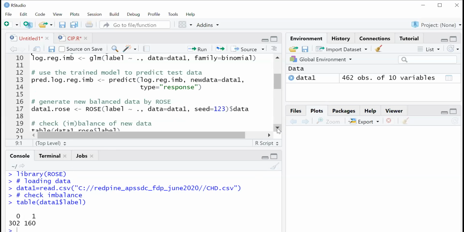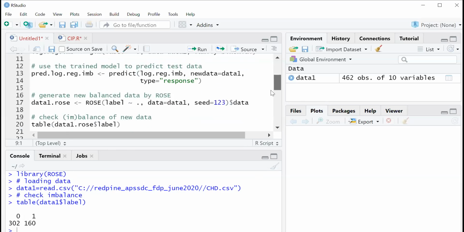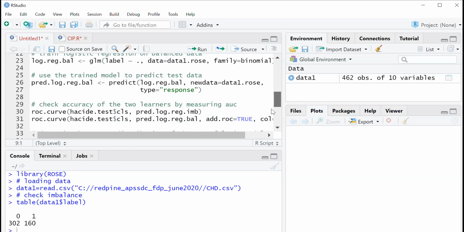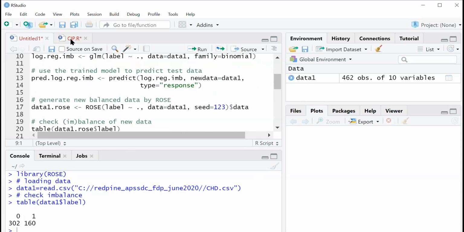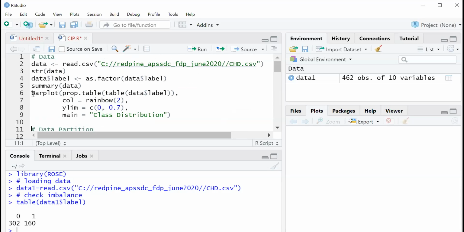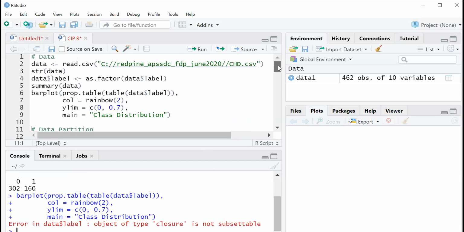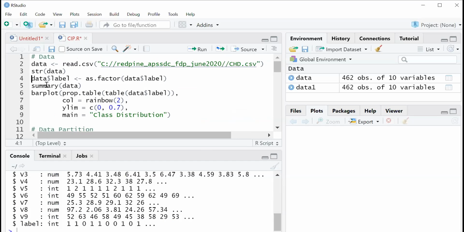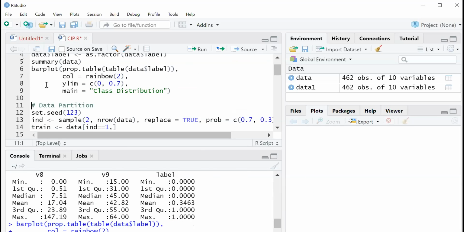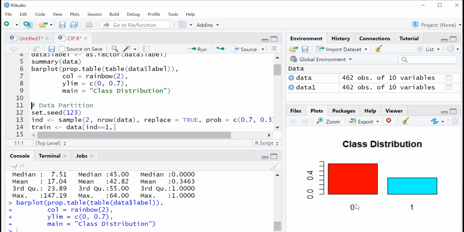We can plot it. So here the majority class is 0, and the minority class is 1.